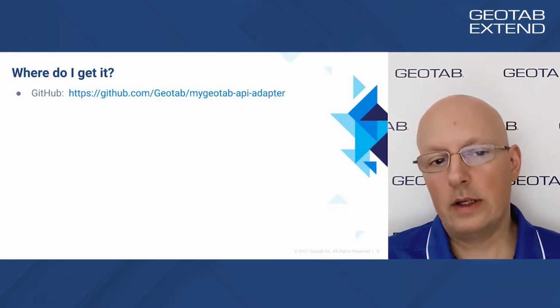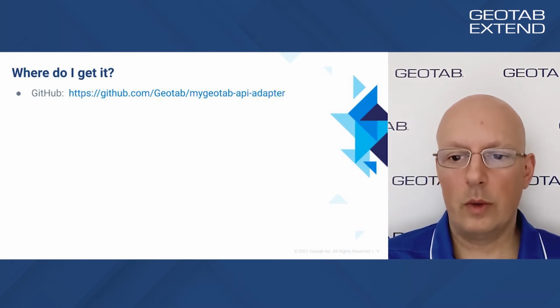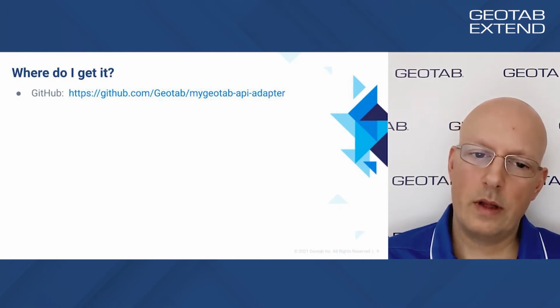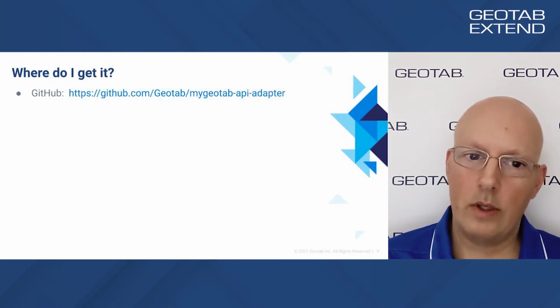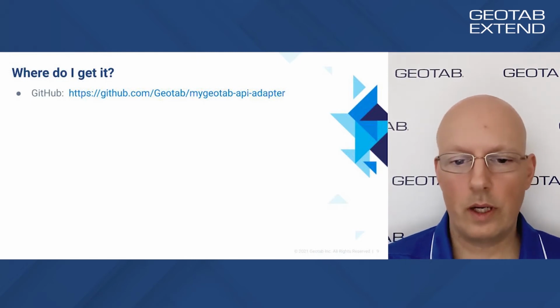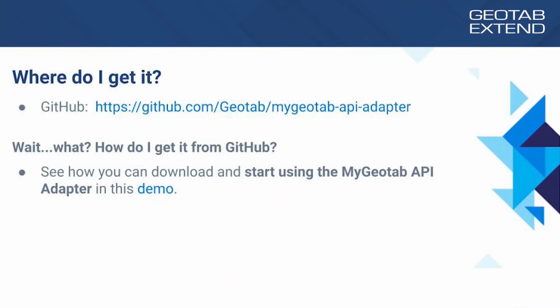Now the adapter can be obtained from GitHub, and here's the URL where you can find it. Of course, developers are going to be familiar with GitHub, but not everyone has used GitHub. And so for that reason, we've created this demo video. In this demo video, the objective is really to just provide a very quick overview of how you can download the adapter from GitHub and start using it. In this case, we're not interested in the code itself. We just want to download it, set it up, start using it, see what data it pulls down, and then from there, be able to decide if the adapter solution is actually something that's usable for us.